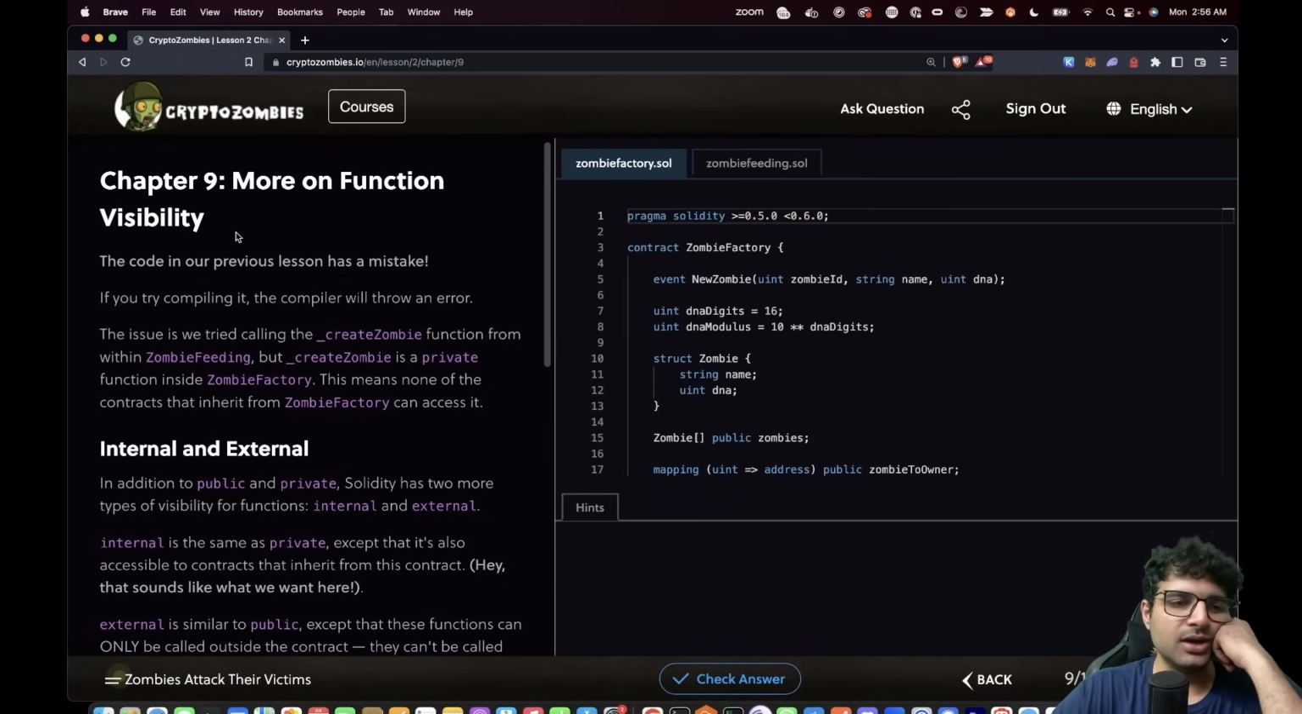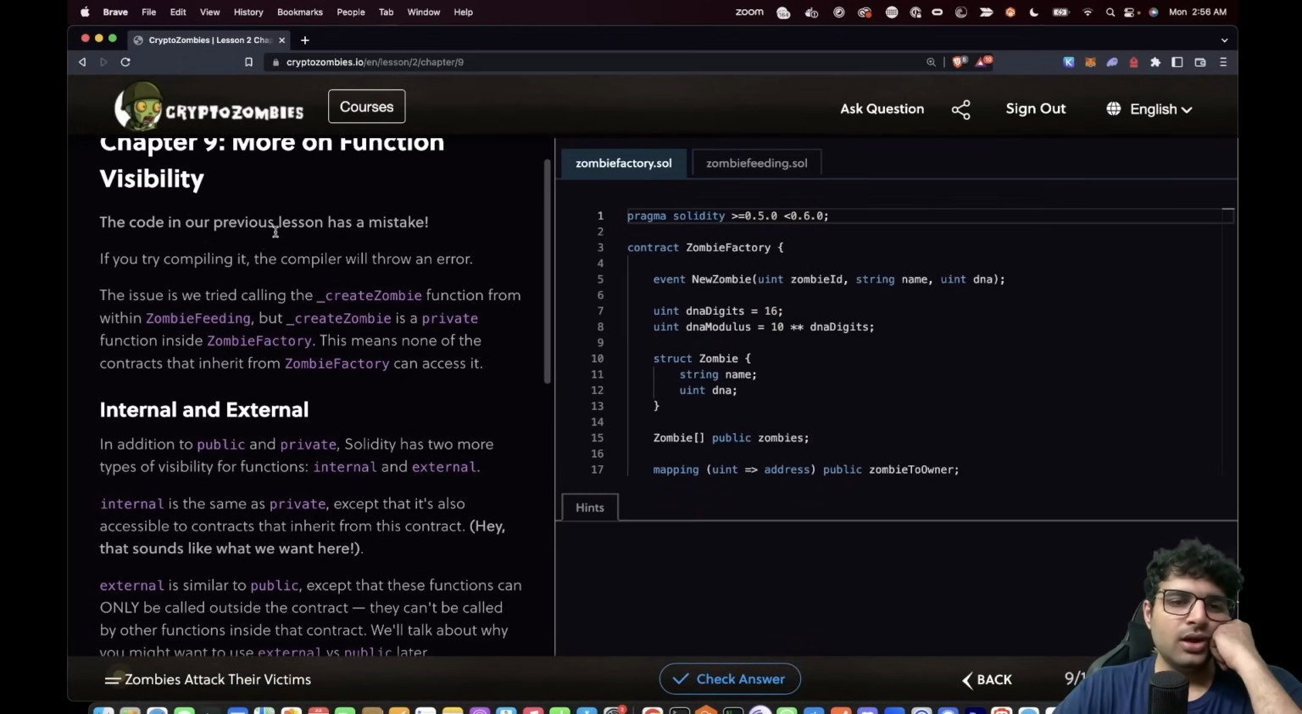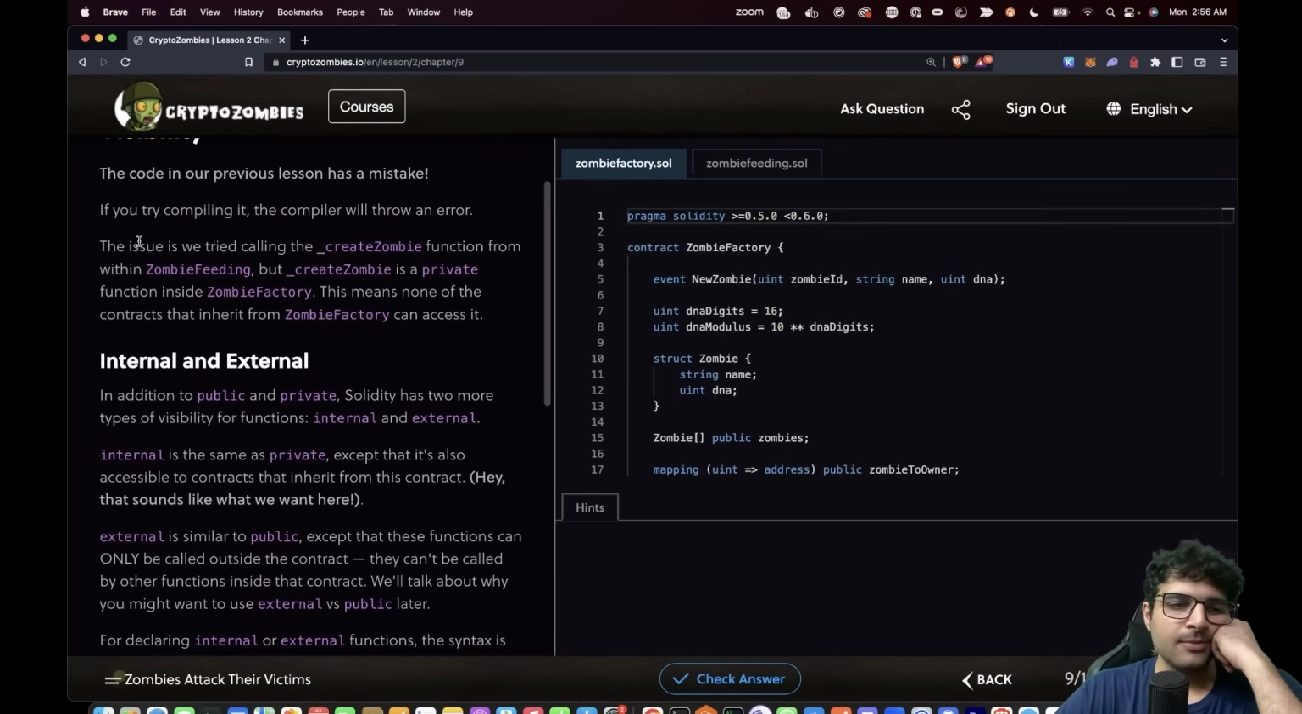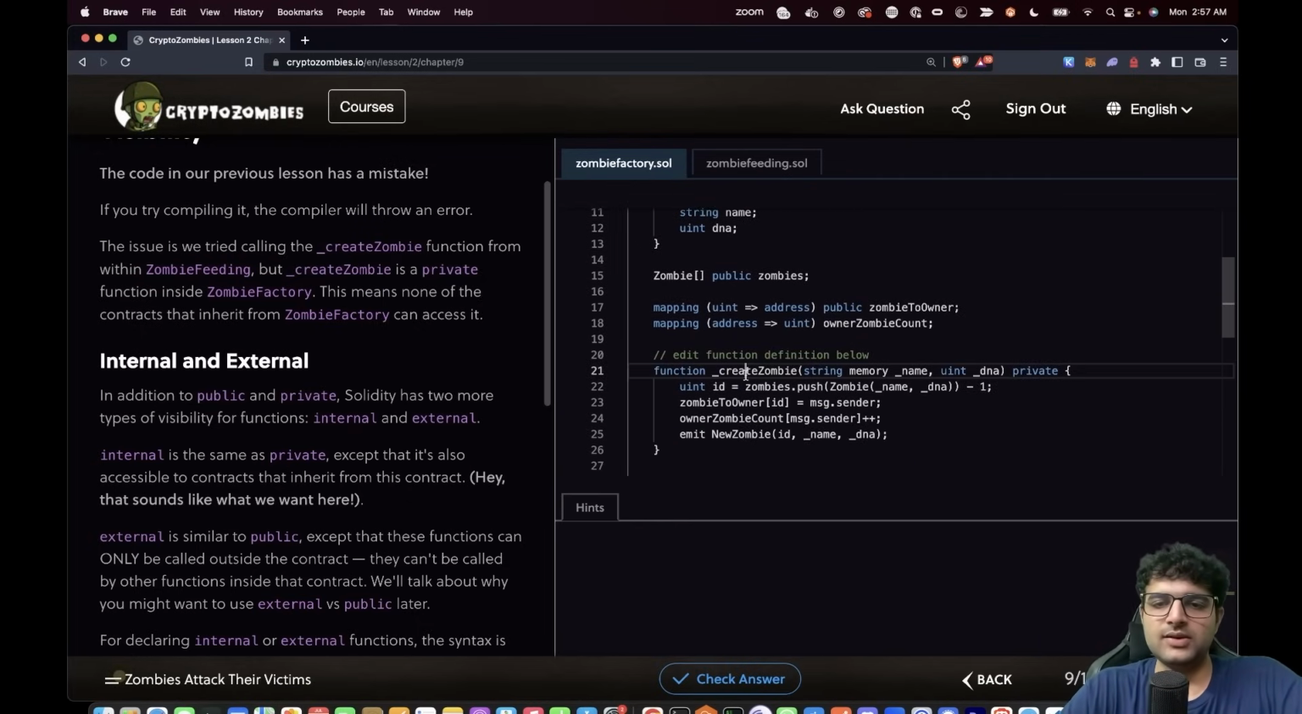More on function visibility. Code in our previous lesson has a mistake. If you try compiling it, the compiler will throw an error. Interesting. The issue is that we tried calling _createZombie from within ZombieFeeding, but _createZombie is private. Beautiful. They said _createZombie, this function that we called, is a private function, which means it can only be called inside this contract. However, we called it here in the ZombieFeeding